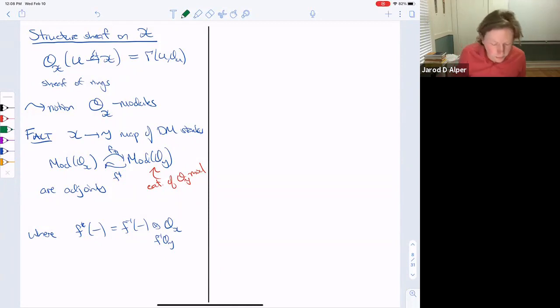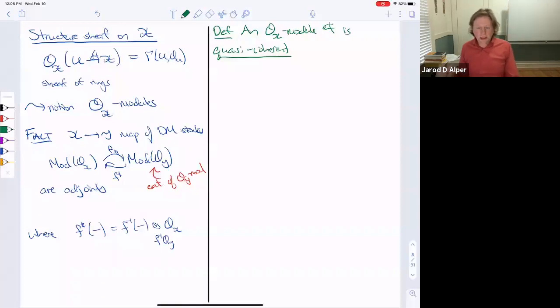Right, so now we have OX modules, and then the one additional thing we need is quasi-coherent sheaves. So we say an OX module F is quasi-coherent if its restriction to any étale cover is quasi-coherent. If for all maps from a scheme, the restriction,